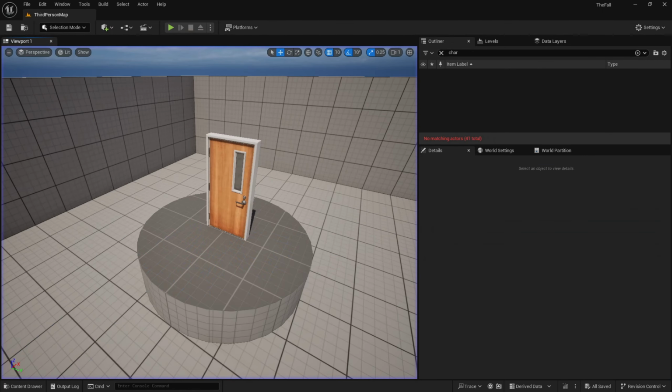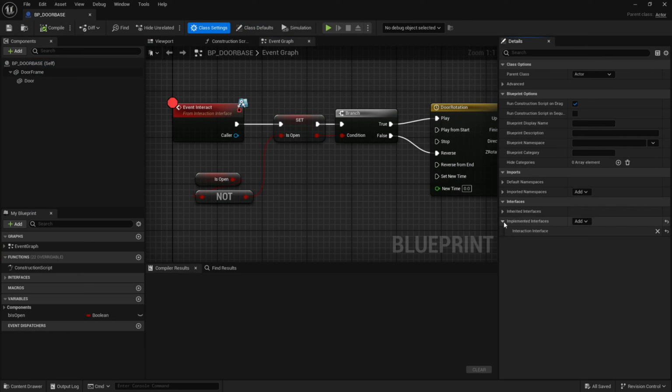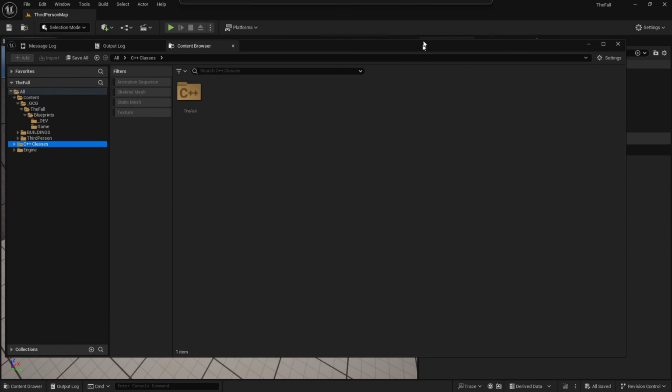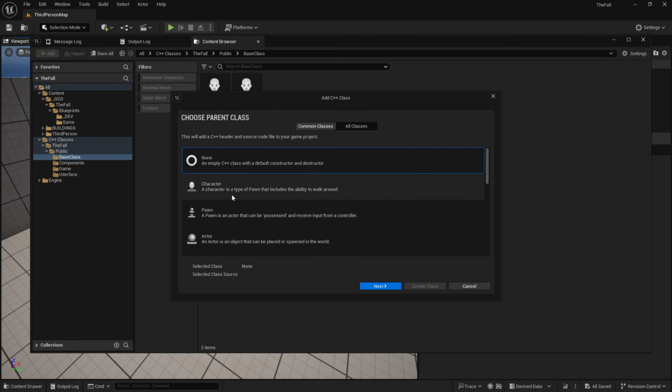So let's look at the blueprint. Well, we've got the interface, interaction interface. It should be, well, okay, maybe this is going to be, it's the first time I've done it using purely blueprints. So I will go through, we're going to go to our C++, public base classes, new class,